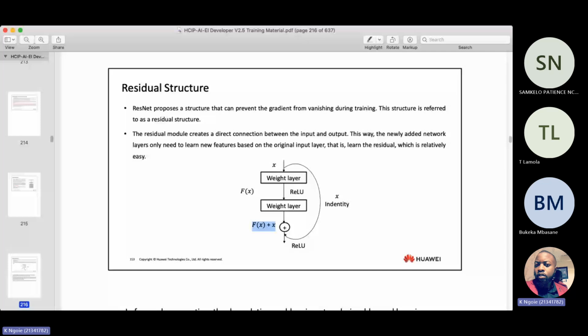Okay, so the residual structure that we have here is the concept behind ResNet, right? It allows the neural network to learn what we call residual mappings instead of directly learning the desired output. This makes the training of very deep networks very effective. Okay, so this residual structure,